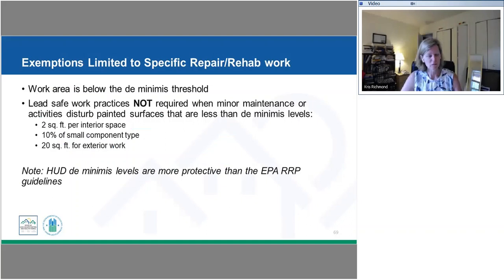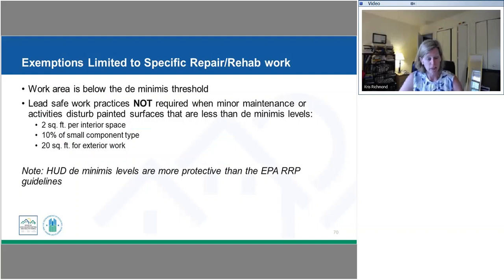Okay, a few more exemptions. Earlier we talked about exemptions, and there may be times when your project may have a limited exemption for that particular repair or for the rehab work. Sometimes this isn't found out until after the work specifications are developed. If the work is below the de minimis threshold, then that would be exempt, and lead safe work practices are not required when minor maintenance or activities disturb paint surfaces less than the de minimis. We mentioned this last week, but again, the de minimis is less than 2 square feet